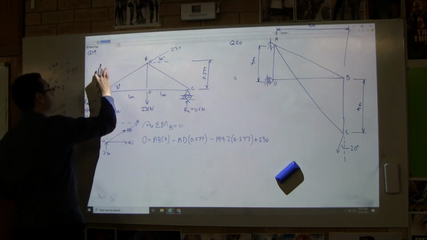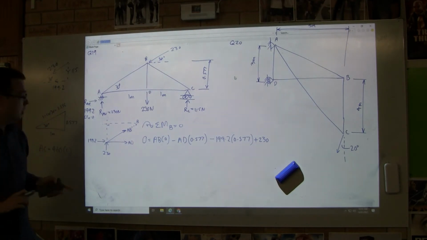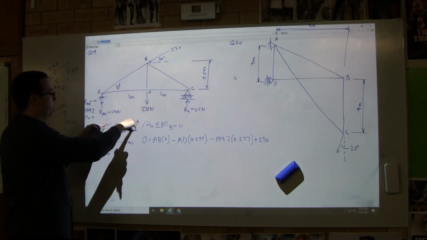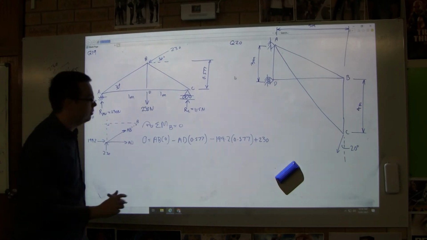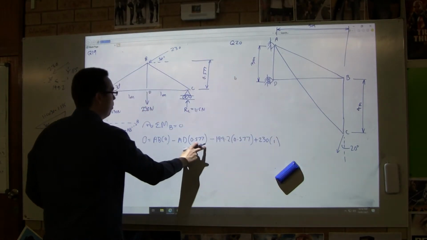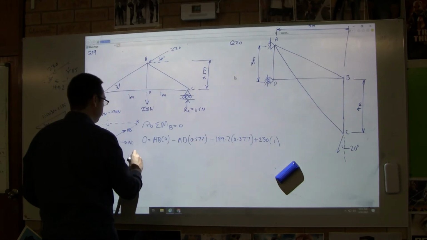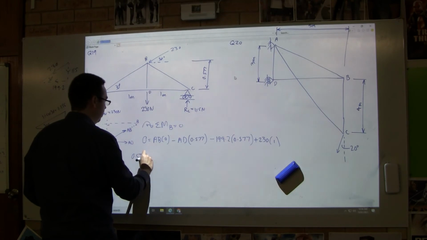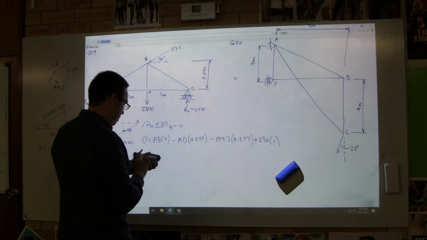One meter. Do you see that? Yeah? Do you see how if we run that along forever, it passes through this point, its perpendicular distance there is 1 meter. Yeah? Okay, so let's have a look at that. What we can do straight away is bring that over here, add that to both sides. 0.577 AD equals, and then I've got